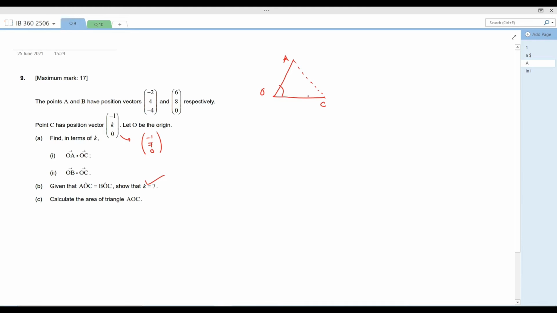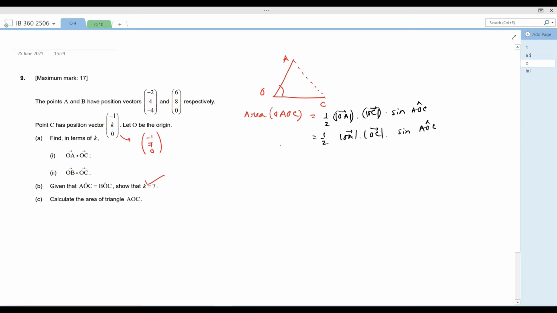Okay, so the area of triangle AOC is basically, I am writing the formula first. This is the formula: half into OA into OC into sine of angle AOC. Now these are magnitudes. Always remember, these are the magnitudes, or the values, we need to find out. So ultimately it is half, mod OA, mod OC, then sine of angle AOC.